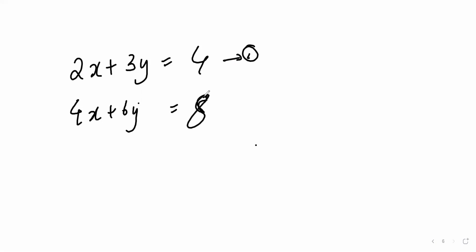Correct. So what is happening here actually? This is getting doubled. 2x twice is 4x, 3y twice is 6y, 4 twice is 8. So equation 1 is getting multiplied by 2. That only is giving this equation, whatever equation you can write, 2, 3, or whatever it may be. Is this thing correct? In the sense, I'm multiplying equation 1 by 2 to get this particular equation.